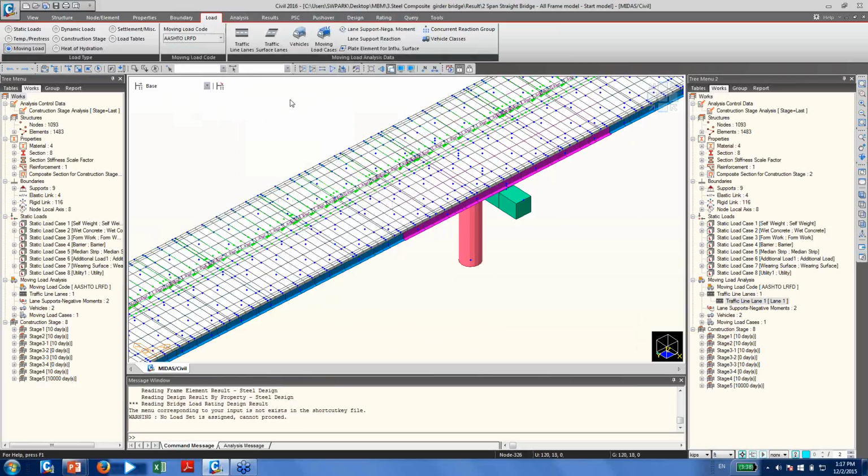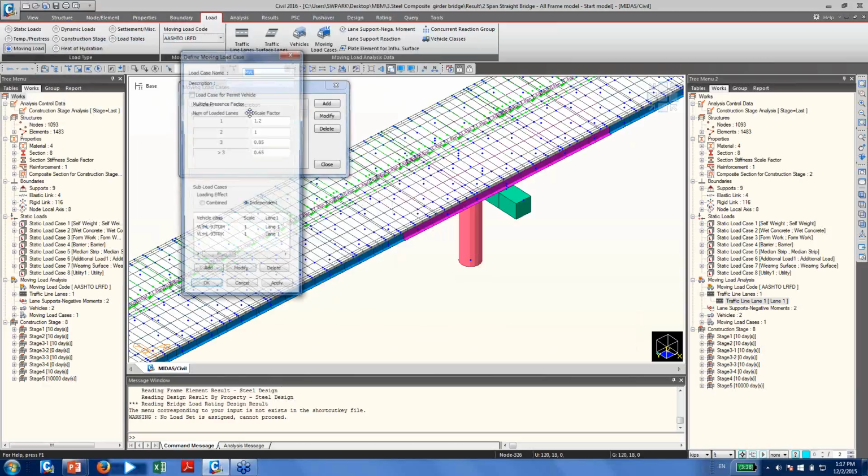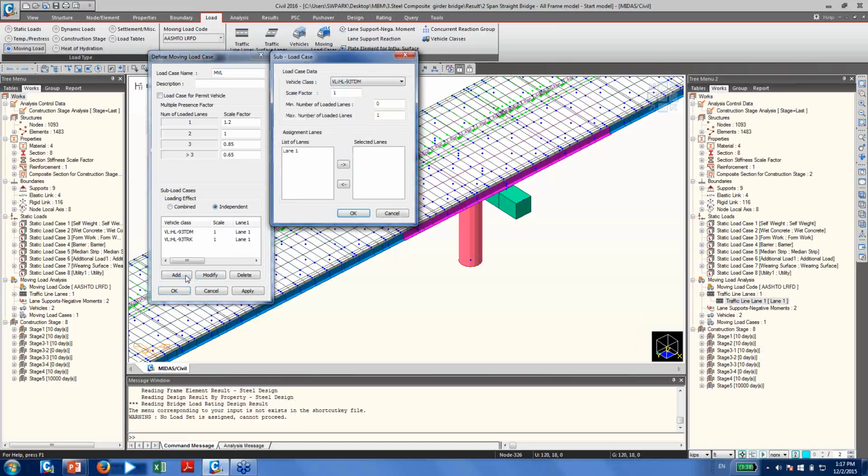And about the moving load case, you can see here I already defined the moving load case. As you can see, you can modify the multiple presence factors. And in one moving load case, you can have multiple subload cases according to your design trucks. So at the very bottom, you can find an Add button here. Click Add,